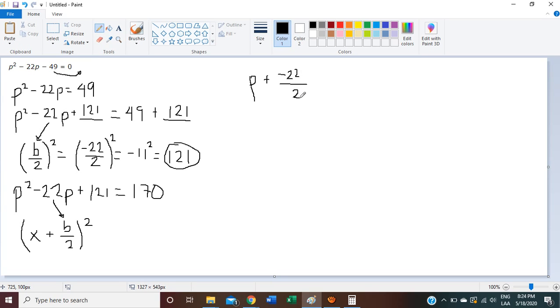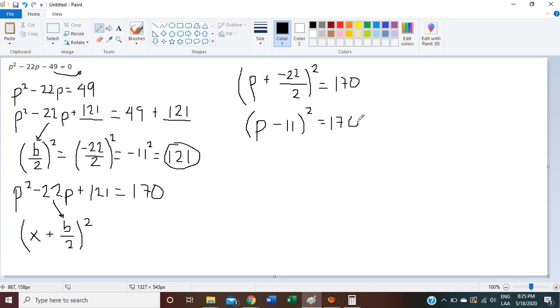divided by 2, and all of it is going to be squared, equals 170. Okay, so let's solve this. P minus 22 divided by 2 equals 11, and all of it is going to be raised to the power of 2 equals